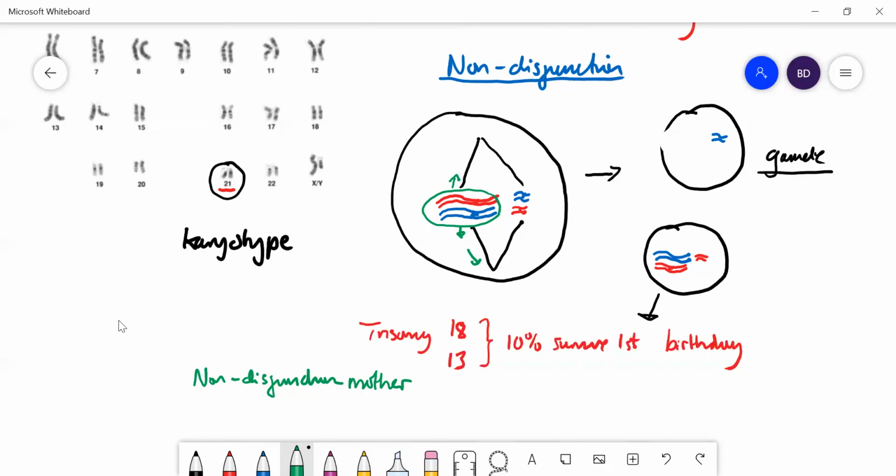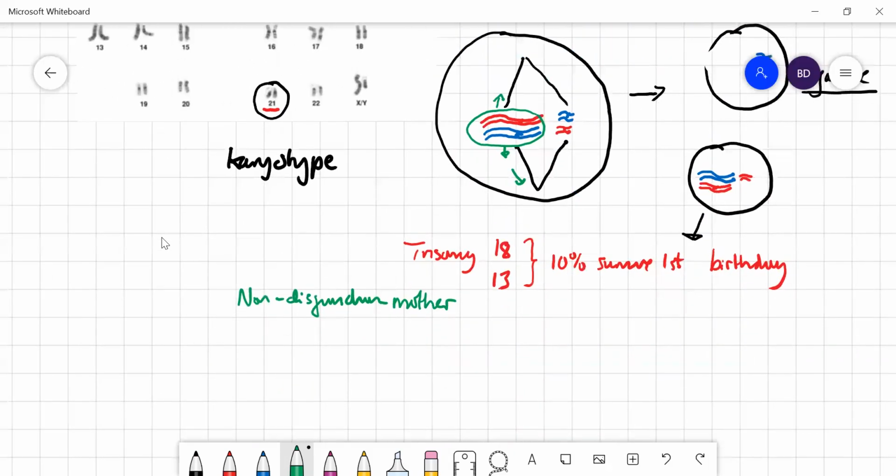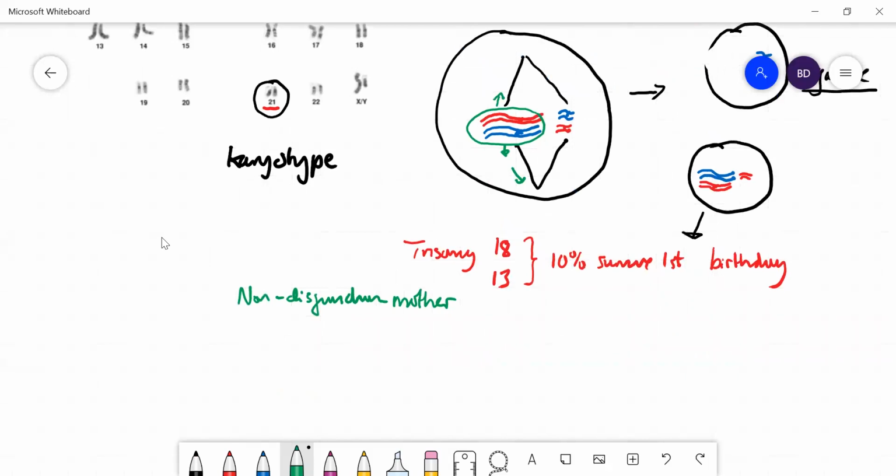There are some non-disjunction trisomies of the sex chromosomes. So occasionally individuals will have X, X, Y. They'll be outwardly male, but they're usually infertile, and they have other medical problems as well. Now, this must occur from non-disjunction in the male sperm,